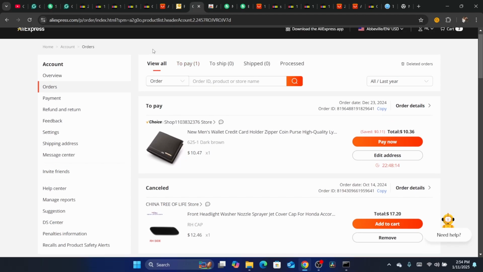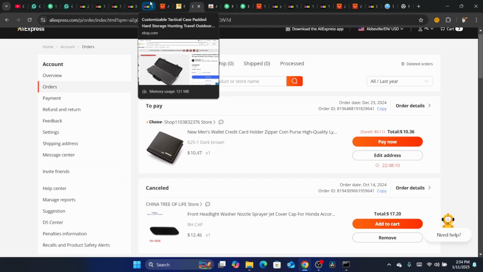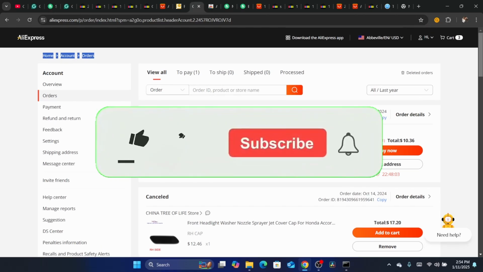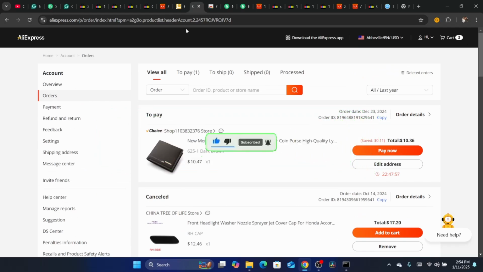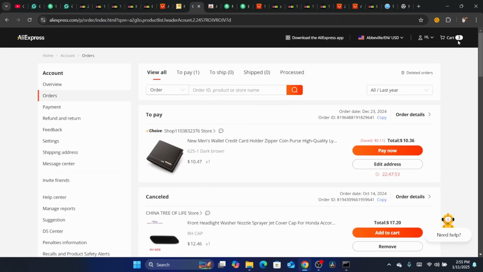If the item is damaged, then tell the buyer to send you a video proving that the item is damaged, because they are going to ask you for that on AliExpress. After they send you the video, refund the buyer on eBay and get your refund back from AliExpress. That's exactly how you can do this.